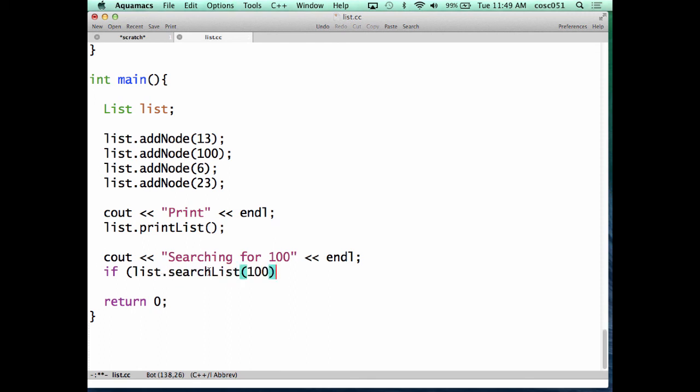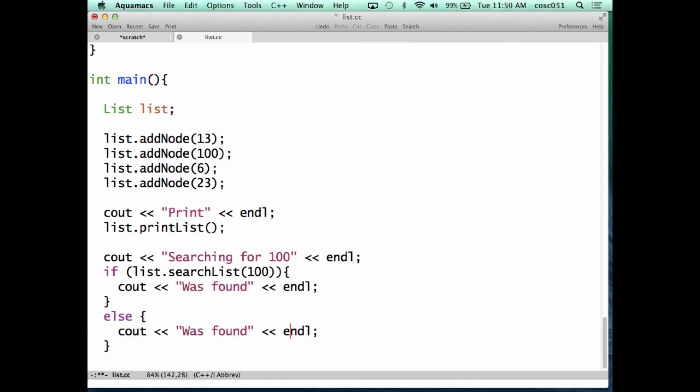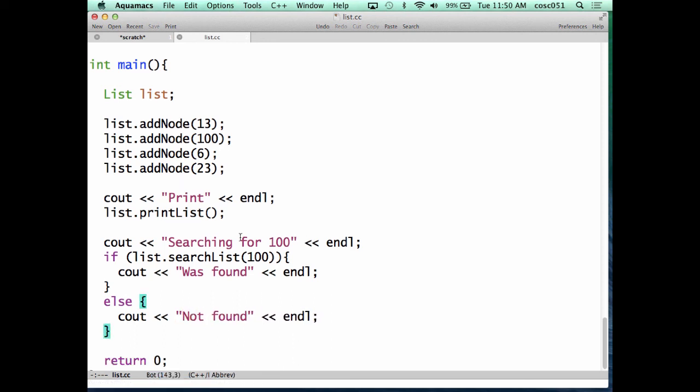If we do search list 100 on the list, it's a Boolean, and if it's true, was found, else, what are we going to print out? Not found. All right. So we have our print, we have our search,